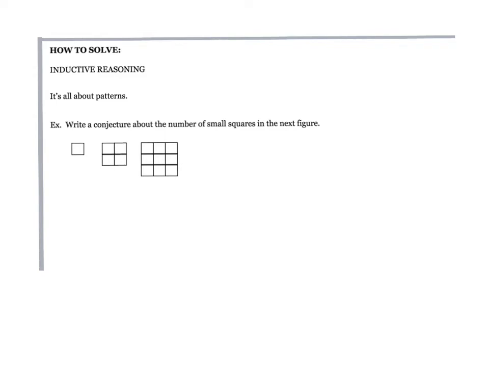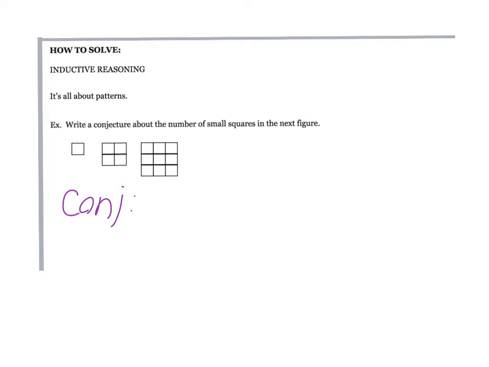How to solve inductive reasoning. It's all about looking for patterns. So for instance, we have this situation here where we've got 1 square, 4 squares, 9 squares. Write a conjecture about the number of small squares in the next figure. Well, it looks to me that for each of these items, the sides are increasing by 1 unit. That is to say, the next item, our conjecture,